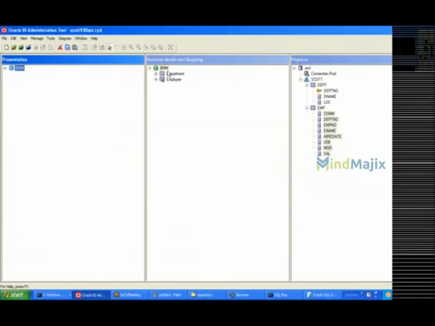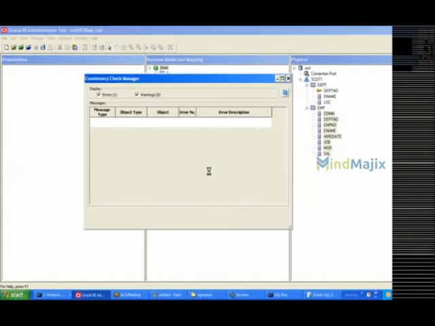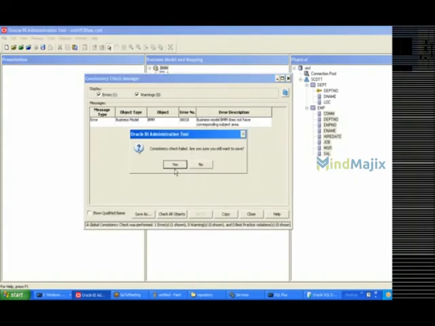Now it is saying that the repository is consistent. Okay, and BMM is consistent. Previously it was showing not consistent, and it was showing that the corresponding subject area does not exist for BMM. So if you want to get that error again, you can delete this object. Now there is no subject area. Now if I try to save it, it will show the same error again. Okay, BMM is not consistent, the consistency check is failed.